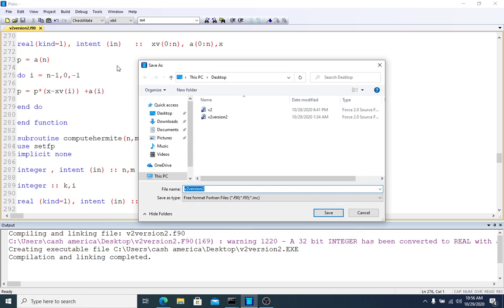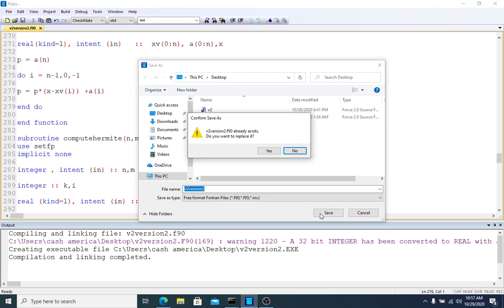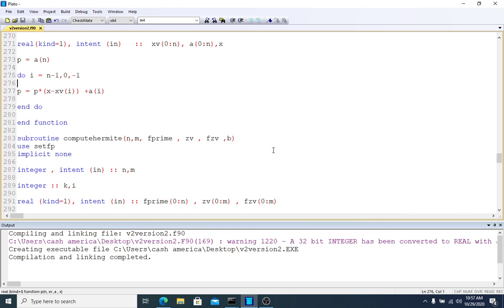Save as. Note we're going to put it on the desktop. This is V2, version 2. The V refers to your name, version 2. I'll be sure to save this on the desktop. Then